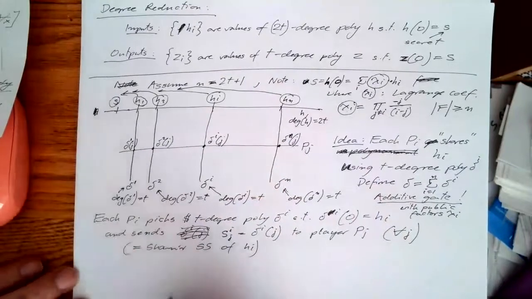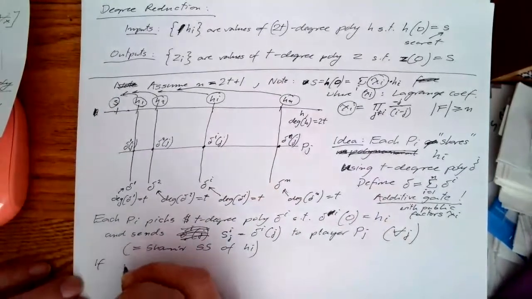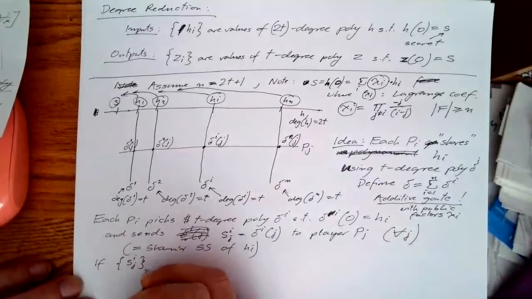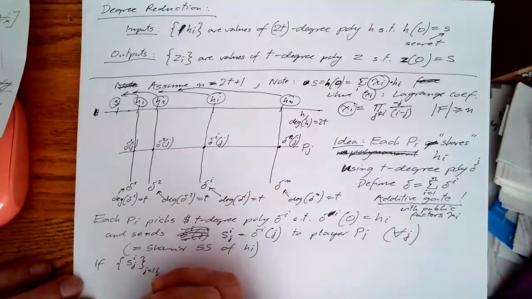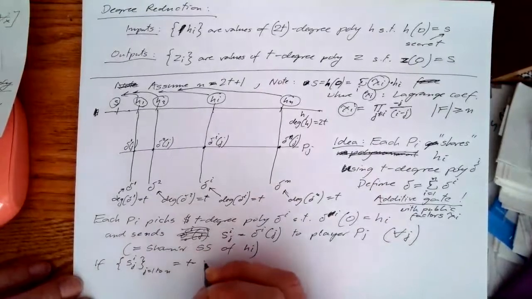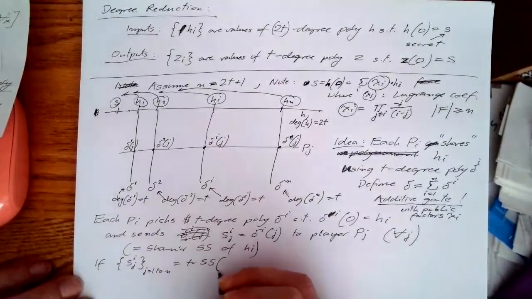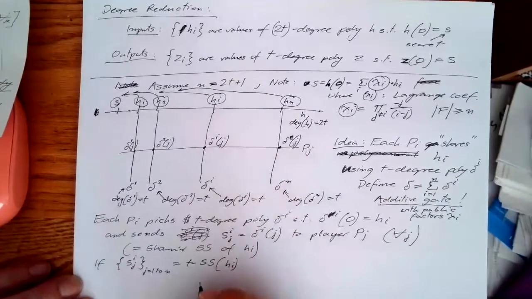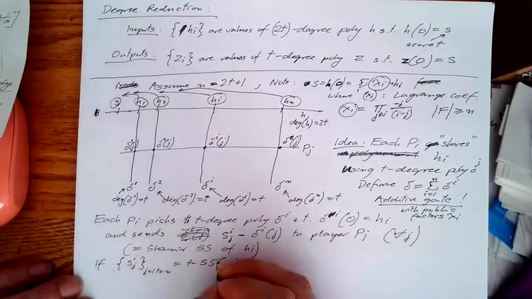So observe, if the set of sji's, where j goes over all players, is a t-degree secret sharing of hi using polynomial delta i,